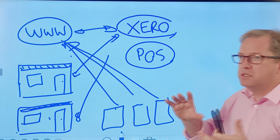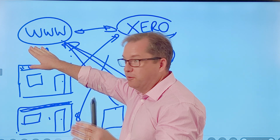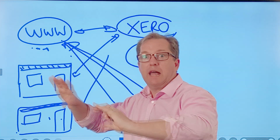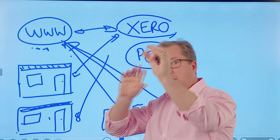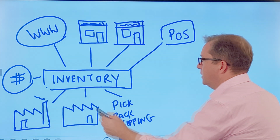So this is where your system needs to flip on its head. So rather than just being a single Shopify or WooCommerce, it quickly needs to flip to a system-orientated business with a layer of complexity there that can handle that expansion. And then we're bolting stuff on top, and that looks more like this sort of style. So our inventory tracker